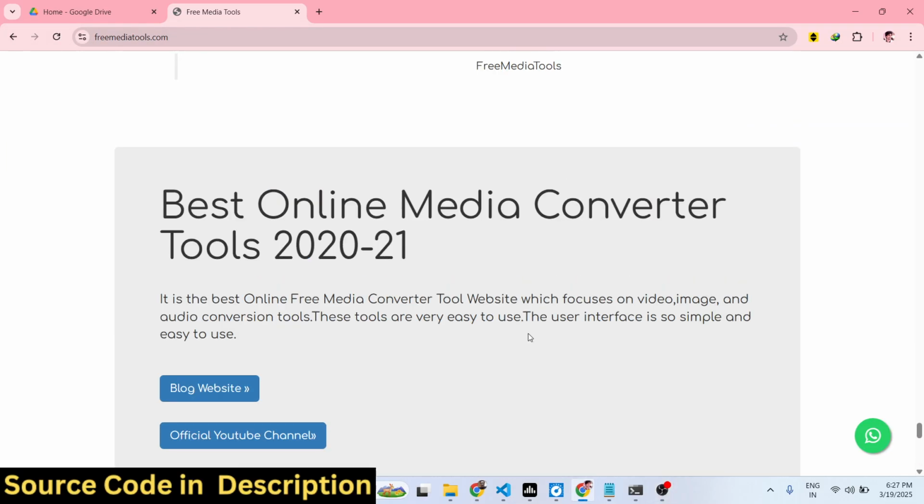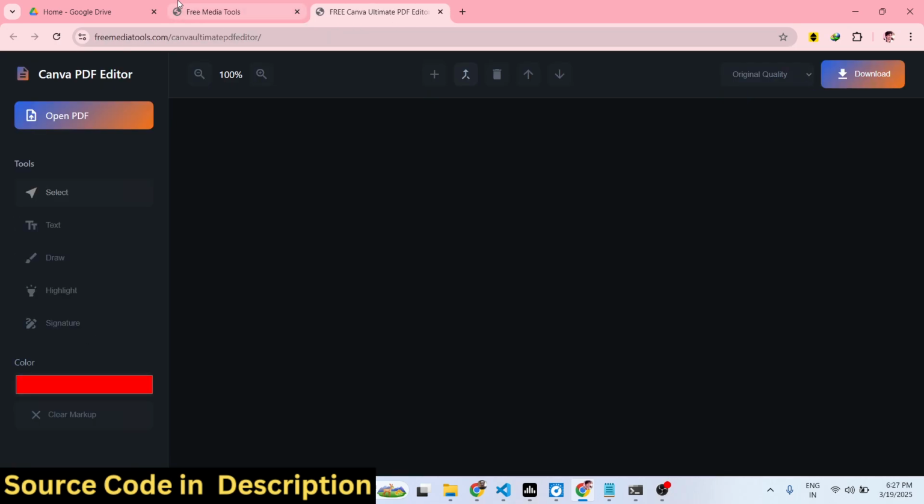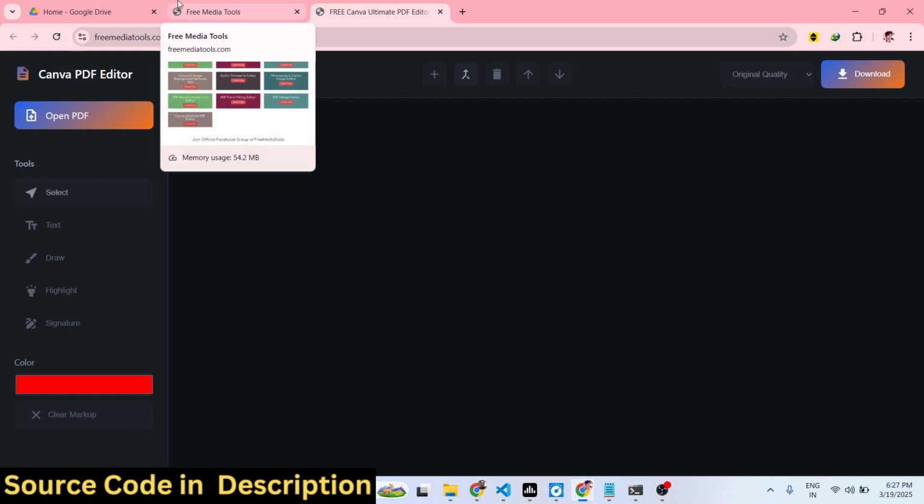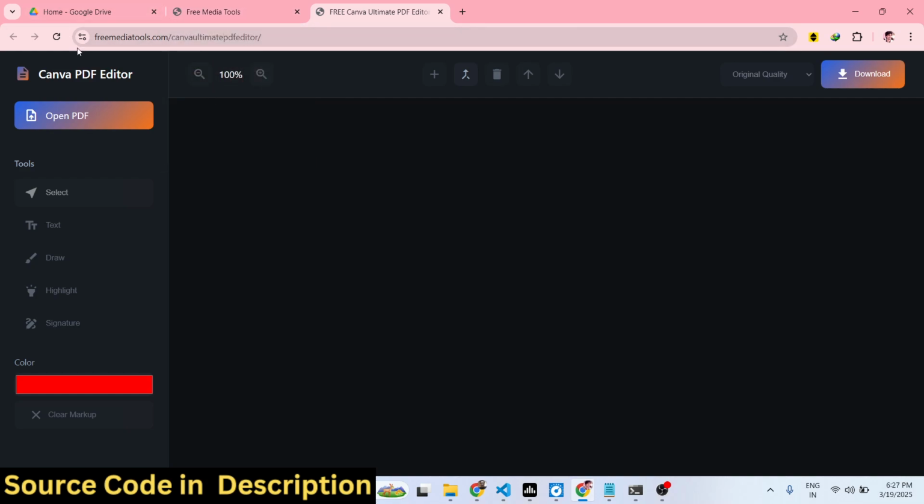So in this video I will show you a Canva PDF editor or Adobe Acrobat PDF editor tool that I developed, which entirely runs in the browser. It's a static tool which doesn't require a server, and it's lightweight and very fast as well. You can even try this as well. I've deployed this on my website